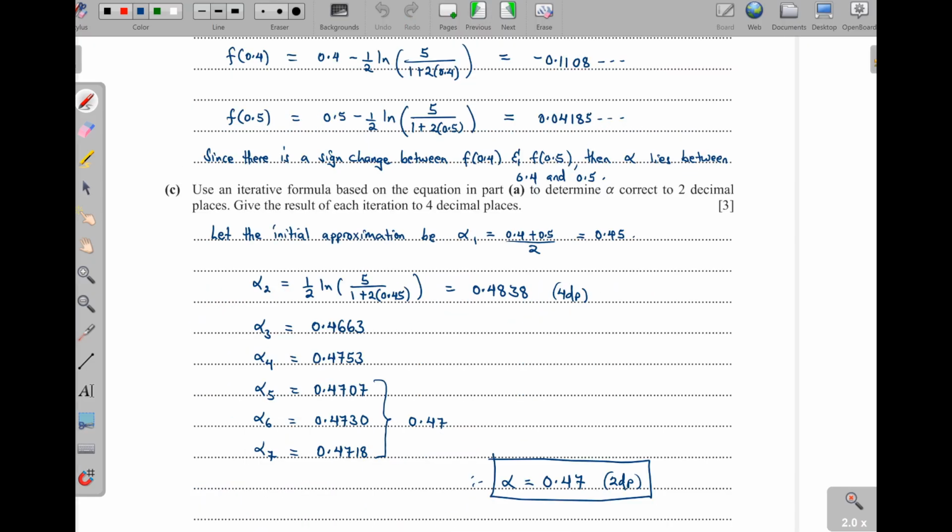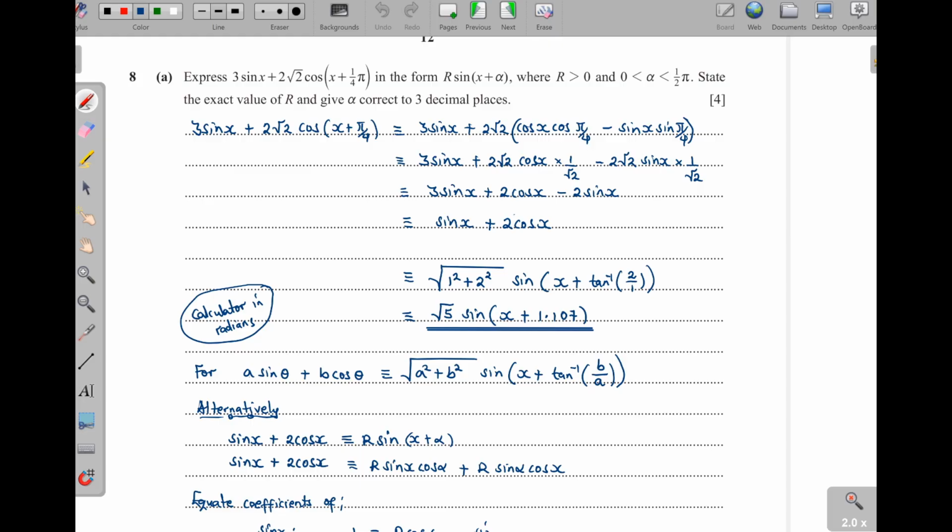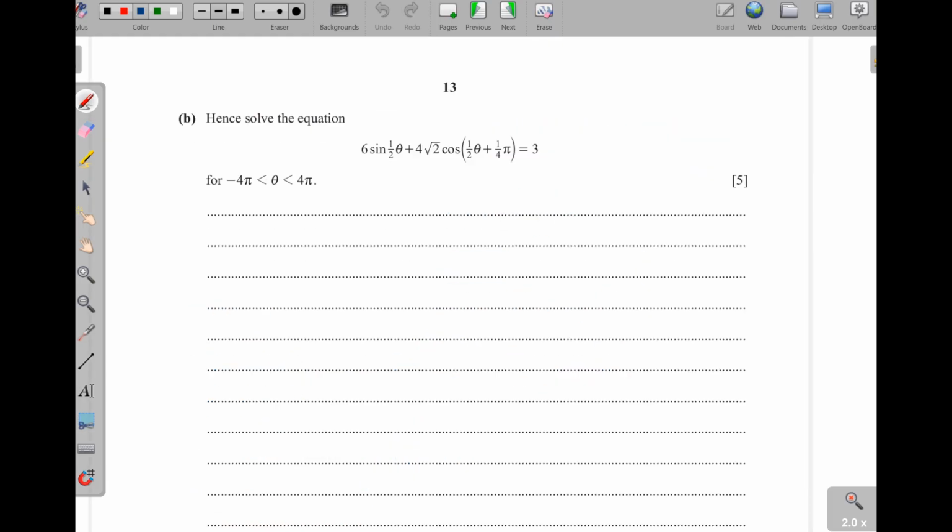Check the 2. It's in the place of x. Now, how did I come to this? Pardon me here. So already we have gotten this one as root of 5. Then sine of, now where there is x, I'm putting theta over 2. Okay? Then plus, the angle remains the one we got, which is 1 plus